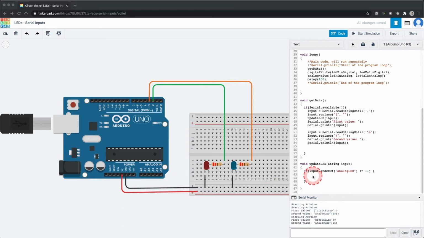Inside the curly braces, type input.replace("\"analogLED\":", ""); We're using the replace function again to search for the formatting of our string, and it replaces it with nothing, essentially deleting it. Now our input variable is only the value of the analog LED. On the next line, type LEDValueAnalog = input.toInt();